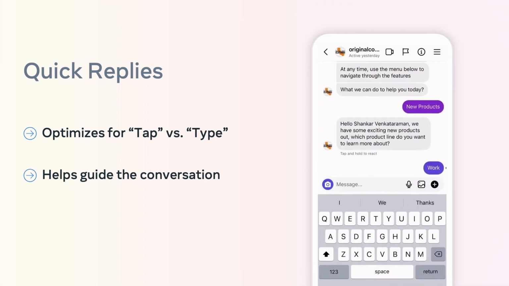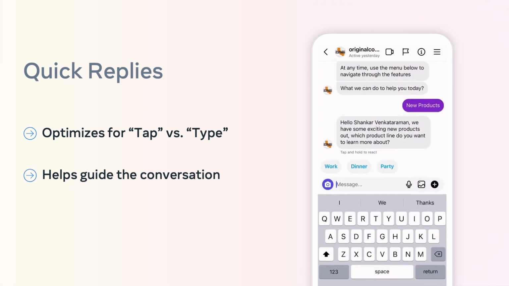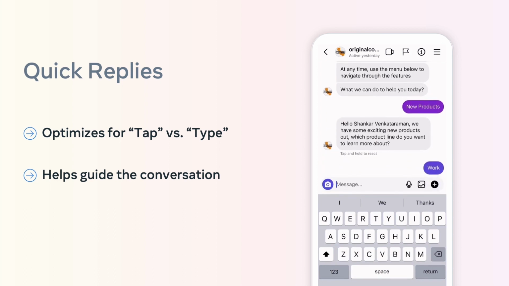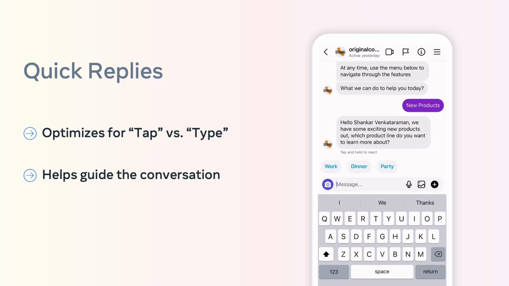Quick replies allow businesses to present guided conversations with buttons to trigger supported flows. In this example, I'm still not sure what the best product for me to buy is, so I'm presented with a quiz with 3 quick reply buttons to ask me for the target occasion. When a quick reply is tapped, the buttons are dismissed, and the title of the tapped button is posted to the conversation as a message.